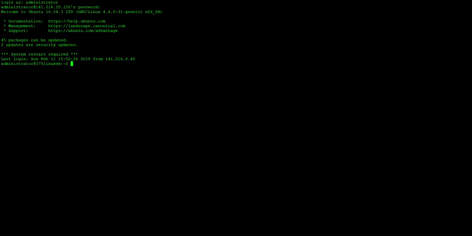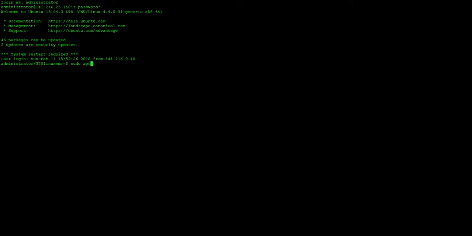So, I'm going to go ahead and log into my virtual machine here. Now this virtual machine is running Ubuntu. However, I would imagine this is a pretty similar install and use procedure across most forms of Linux, especially using the terminal window. So, first thing you have to do is you're going to run